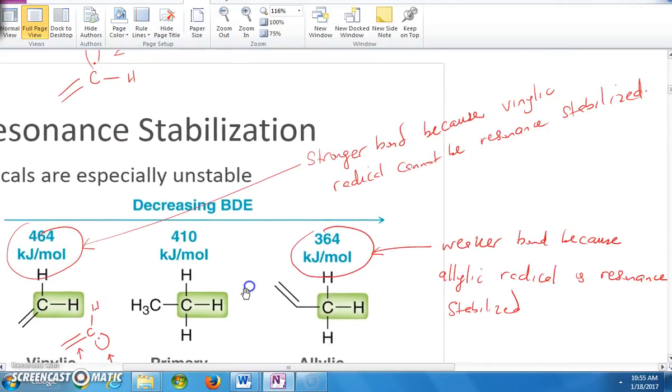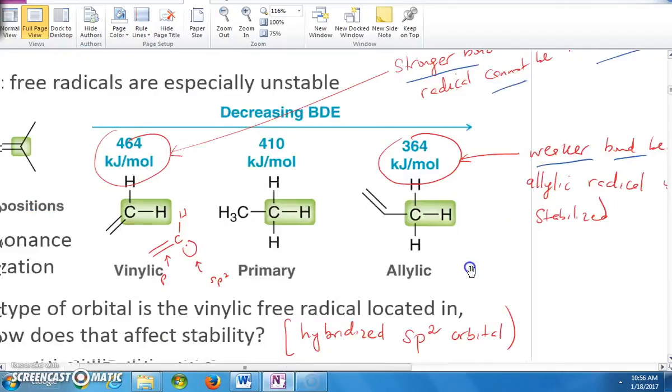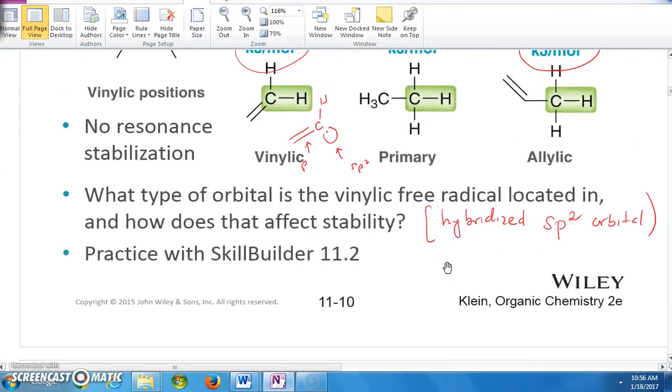It's a stronger bond, like I'm trying to explain here. It's a stronger bond because the vinylic radical cannot be resonance stabilized, right? While this is a weaker bond because the allylic radical is resonance stabilized. And that is why it's a weaker bond. So what type of